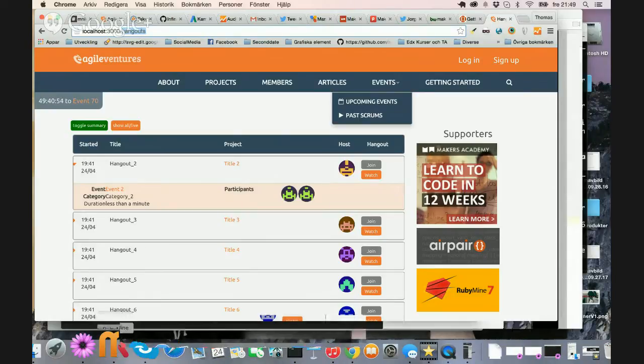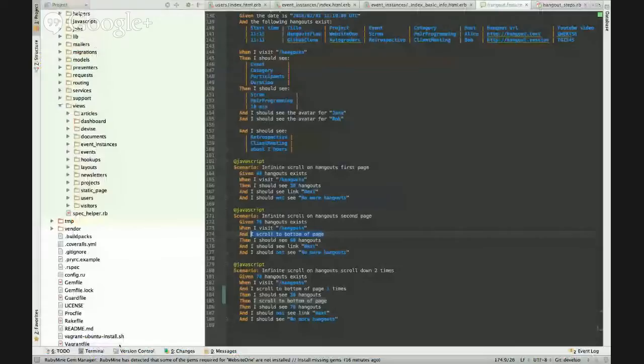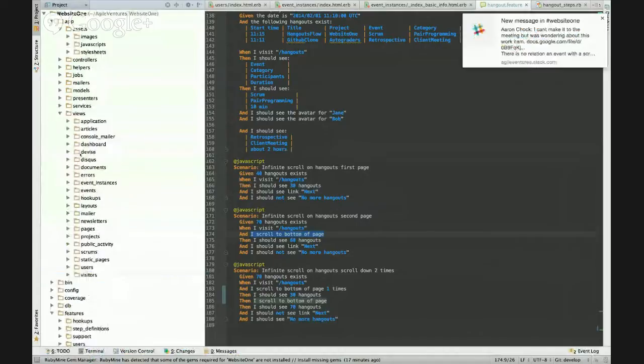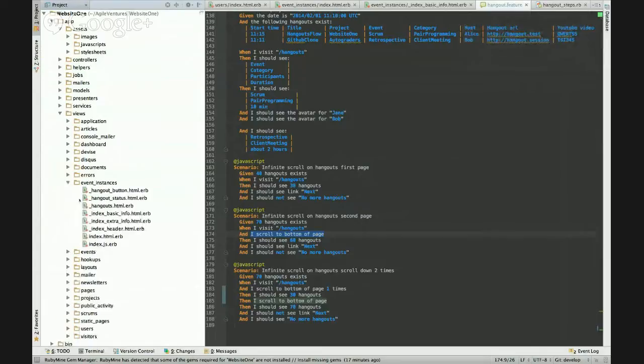And also, now when we use this, let's see, hookups, events. Yeah. Where is that? Here it is. And instances, index header, index spacing, I guess.